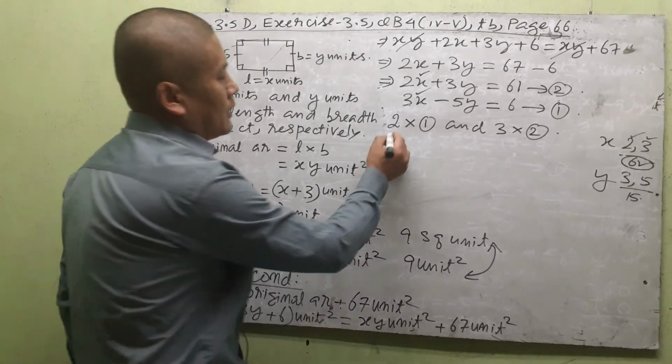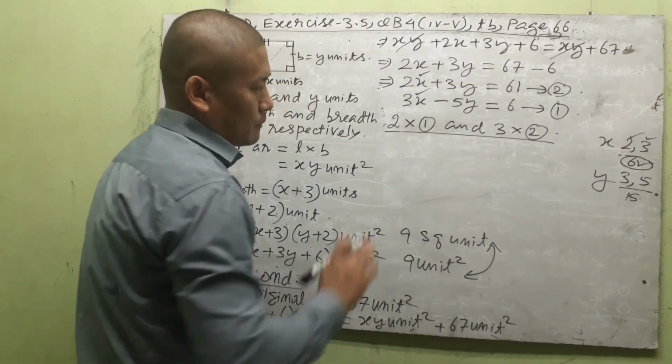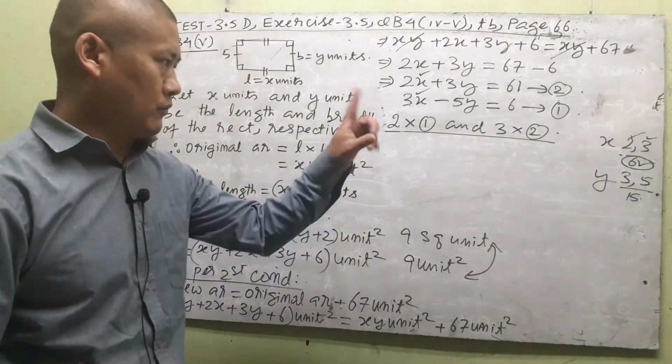Okay, so if we do that, 2 multiplies equation 1 means 2 will multiply all the terms on both sides of equation 1. So 2